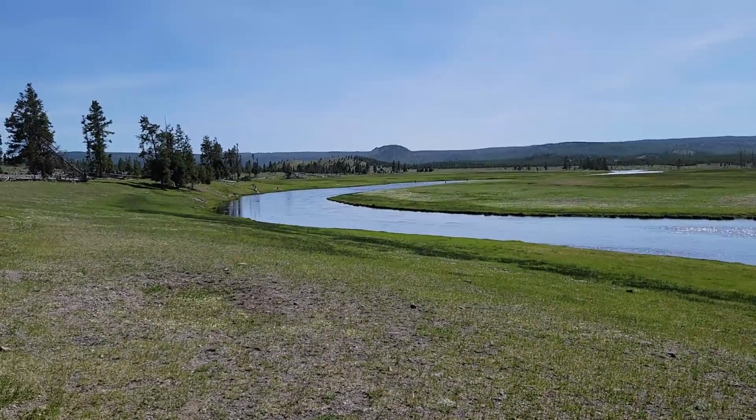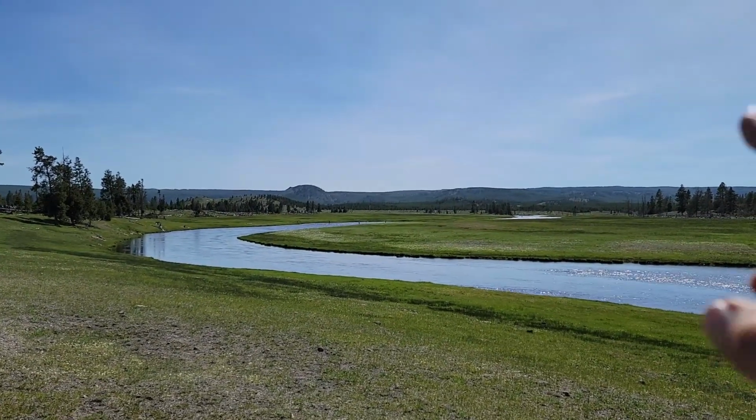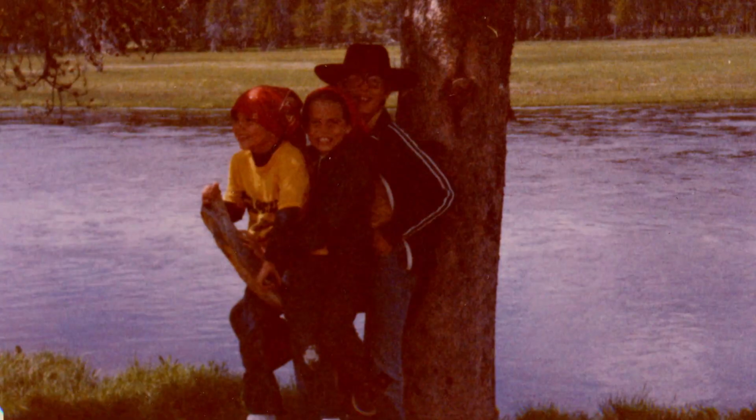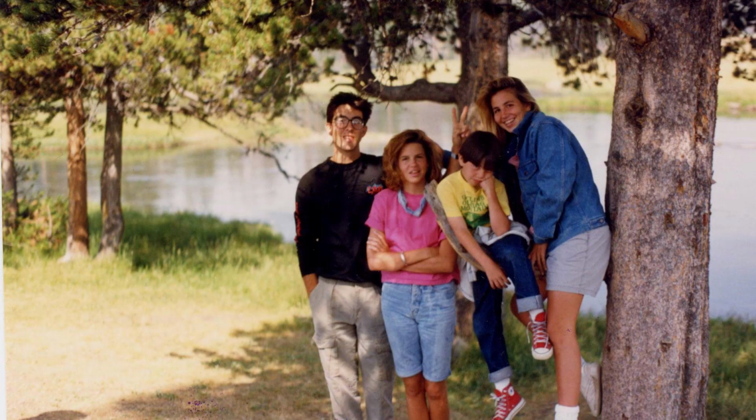Once upon a time, this was one of my favorite spots in Yellowstone. Unfortunately, it's changed a lot. This is the Firehole River, and there was a spot, I think in that clump of trees there, where we used to go and have picnics and swim in the Firehole River. This was 40 some odd years ago. There's a tree back there that every time we came to Yellowstone, our family took a picture at that tree. We call it Picture Tree. It's actually still standing, and I would walk out there, but I've got Fluffy and he can't walk that far